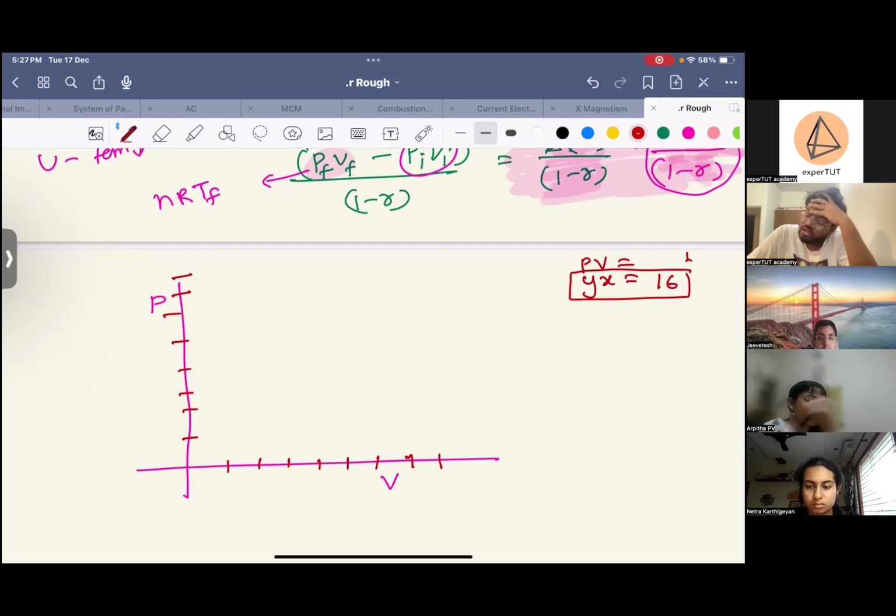समझ में आया? तो if I try to make xy plots of this, I will get 2 comma 8, 4 comma 4, 8 comma 2. समझ में आ रहा है ये? मैं प्लॉट कर देता हूँ ये पॉइंट्स, ठीक है? Axis two,